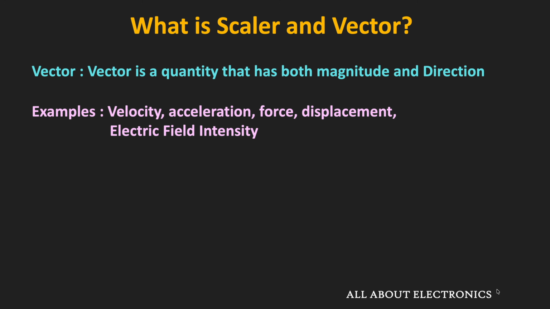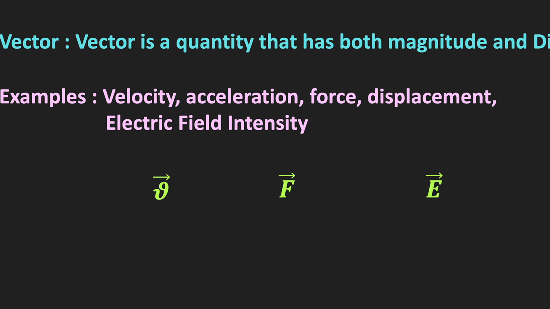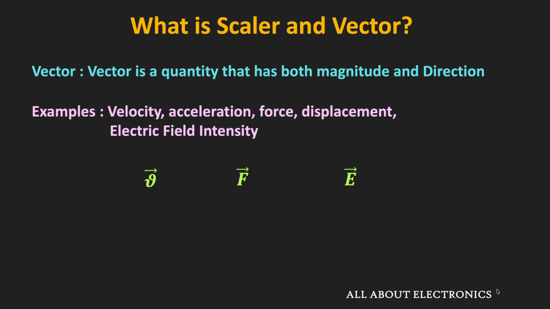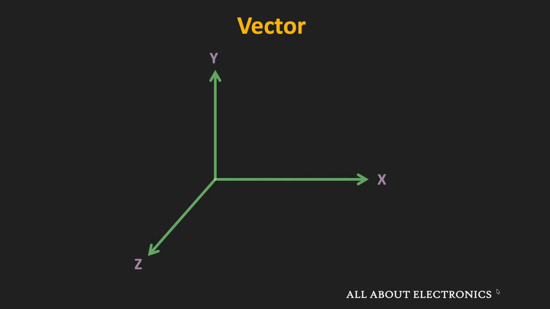Since vectors have both magnitude as well as direction, typically they are represented by an arrow on top of the symbol. For example, velocity is represented by the symbol v with an arrow on top of it. Likewise, force F and electric field intensity E can be represented like this. Now in three-dimensional space, if we have some vector A, then this is how it can be represented. And mathematically, this A can be represented as Ax times ax plus Ay times ay plus Az times az,